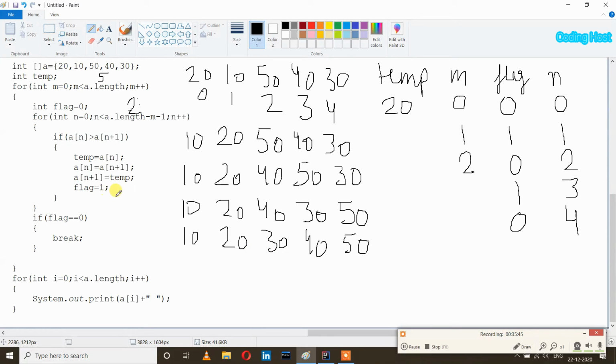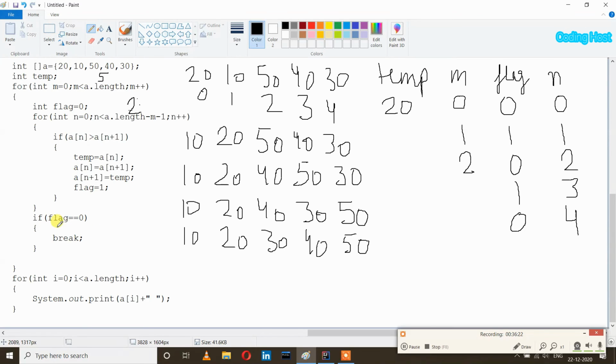So these statements will not execute a single time when this for loop executes. So the value of flag will remain 0, and after the ending of this loop, it will check this if statement. So if flag equal to 0, yes, true. So it will execute this break statement and this for loop will stop.